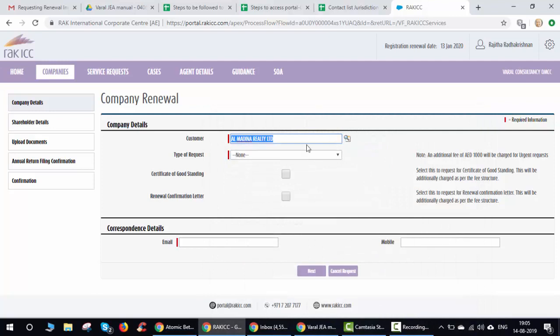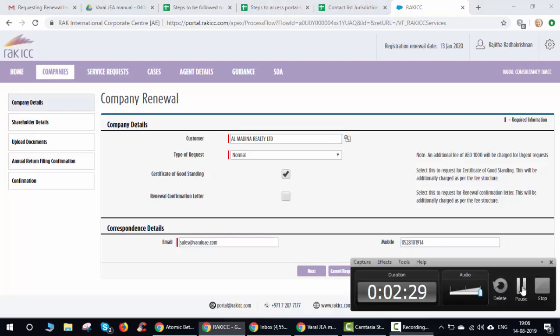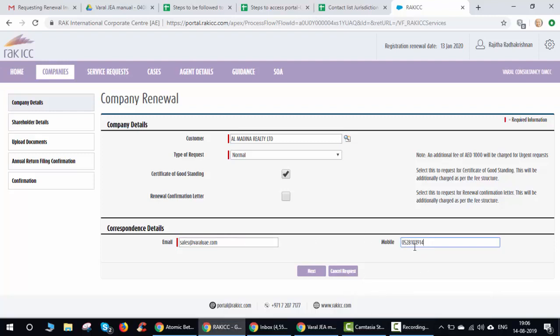So since we are looking for an active company, you can just type the company name over here, and the type of request is always normal. So if there are any urgent cases, then we will be notifying you, or else most of the time it will be normal. So once you click on normal, you can select the certificate of good standing over here. Once you select that, you can update the email ID. So always put sales@varalui.com over here as the email ID, and the mobile number will be 0528101914. So once you're done with this, you can just click on next,